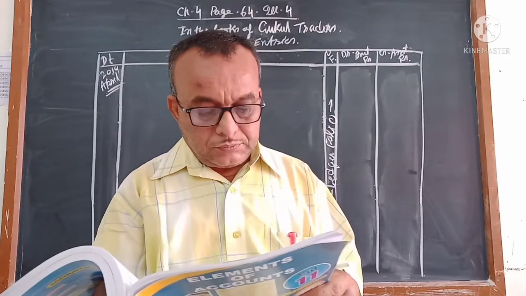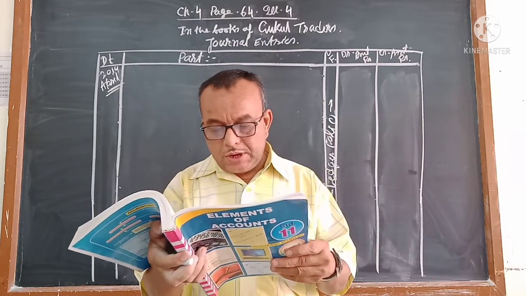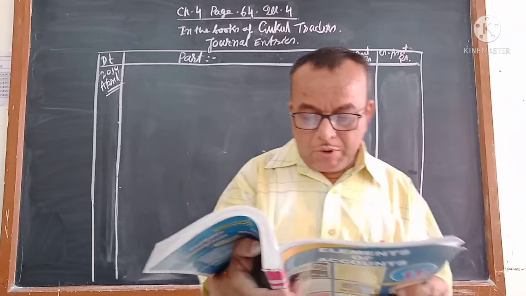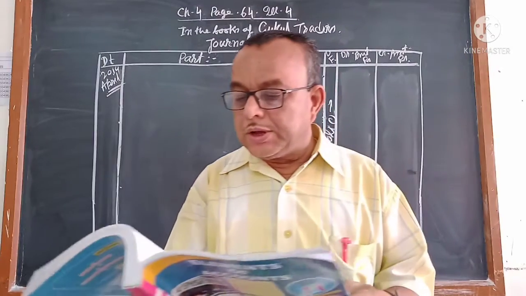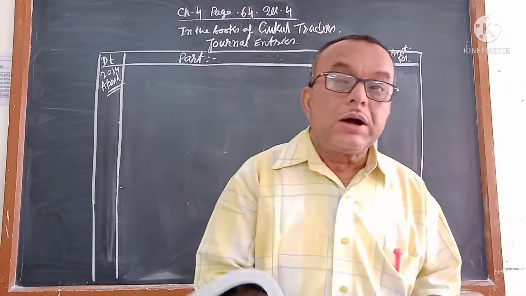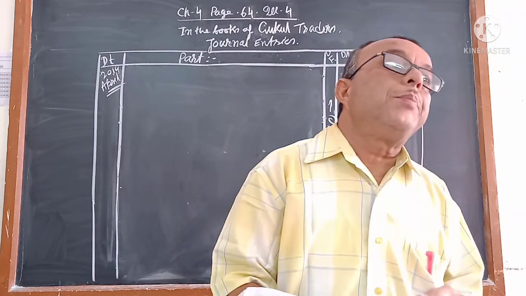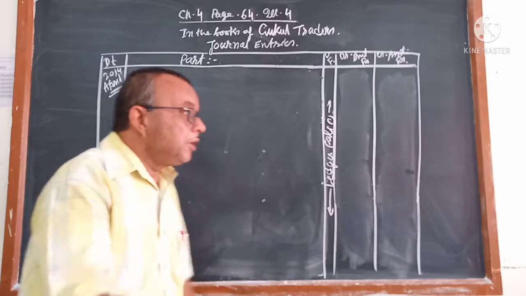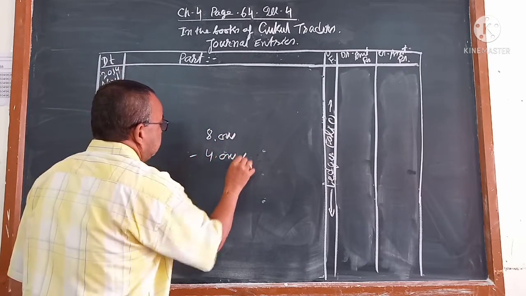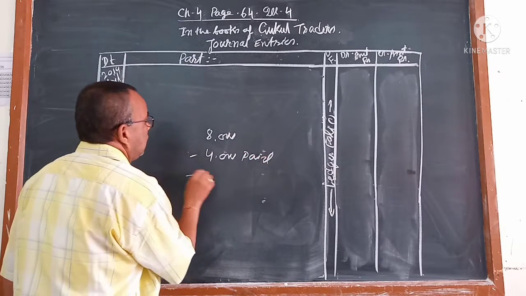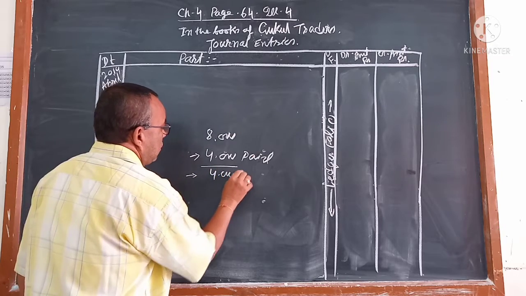Number 6, goods purchased from Rishikesh of rupees 8,000 and paid half amount in cash. So the remaining half, what you have done, that is not given here. Only it is given that out of the goods purchased from Rishikesh, it is 8,000, that you have paid 4,000. So what about the remaining 4,000? Total it was 8,000 and out of that 4,000 is paid. So which is not paid? Not paid amount is 4,000.